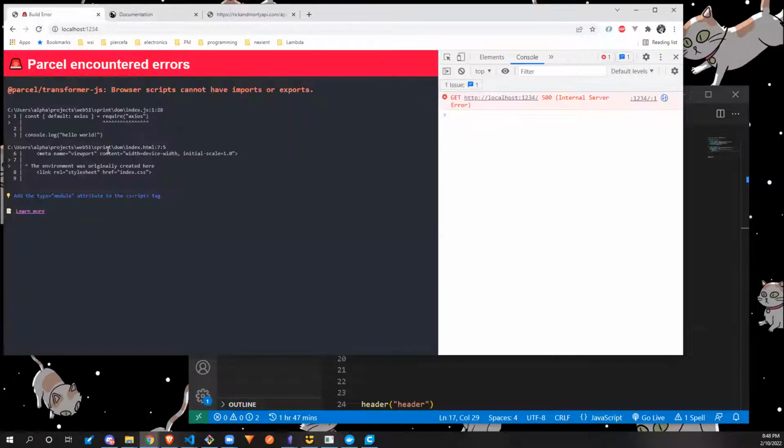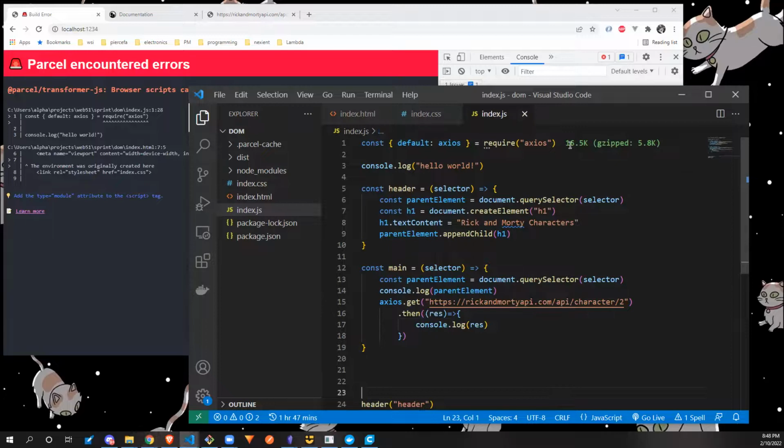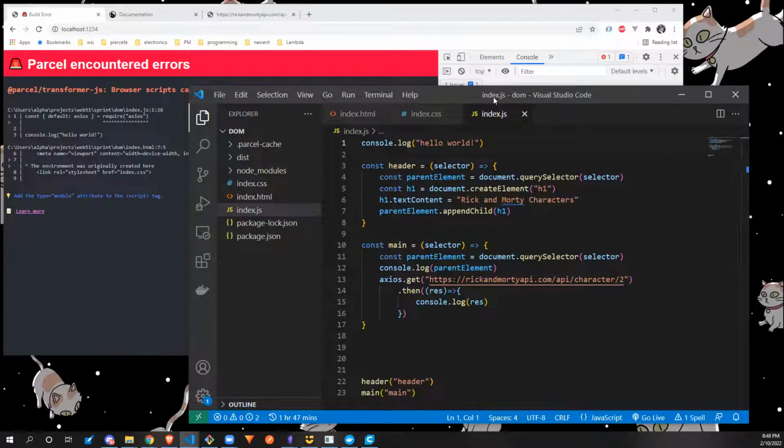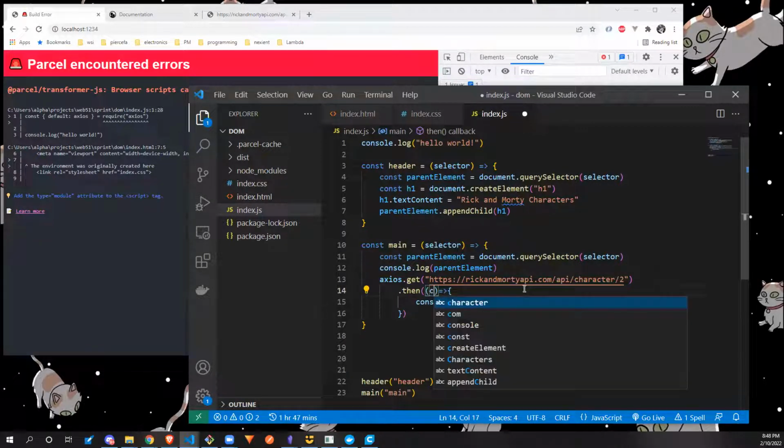We'll refresh. Oh, that exploded. Let me see. Browser scripts cannot have imports or exports. Wait. See, I have that. I thought it was Auto. Res with a P at the end? Where? When you're using then. No, it's just res. So like result or whatever, but you could call this